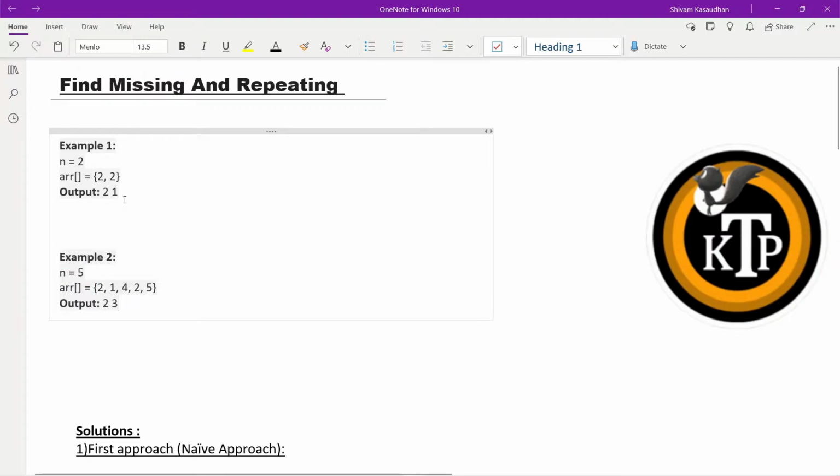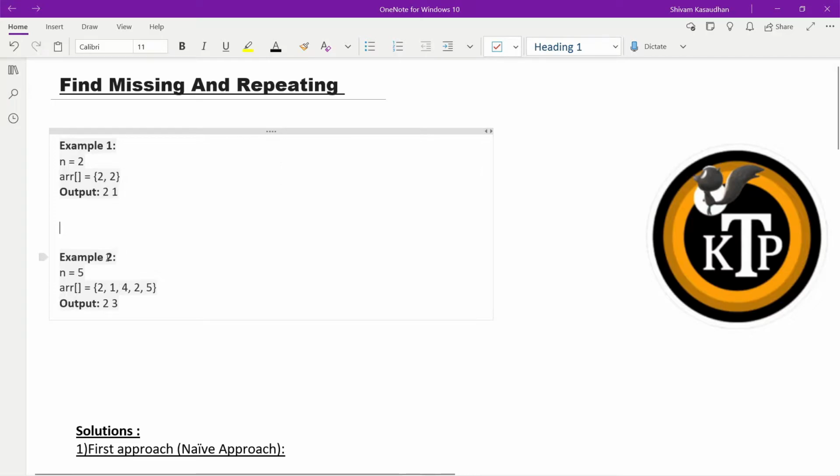And two things we have to find over here. One is the missing number and another one is the repeating number. Like in this array there are two elements, n is given as 2, so there will be two elements. One number is missing and another one is repeating, so we have to find that. Here the size of the array is 2 and the elements are 2 comma 2. If we see, this array starts from 1, so 1 is missing over here, and the repeating element is 2, so you can see the repeated element and the missing element.